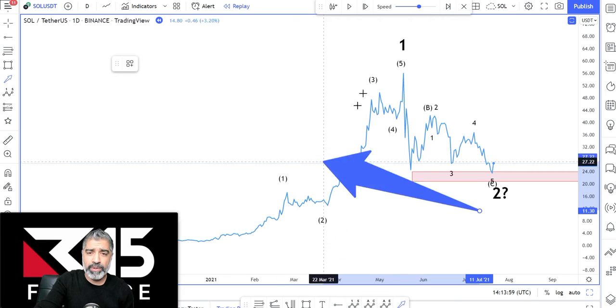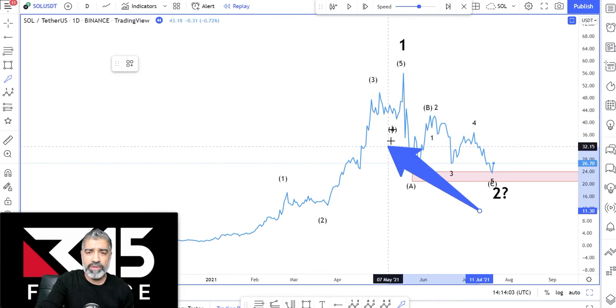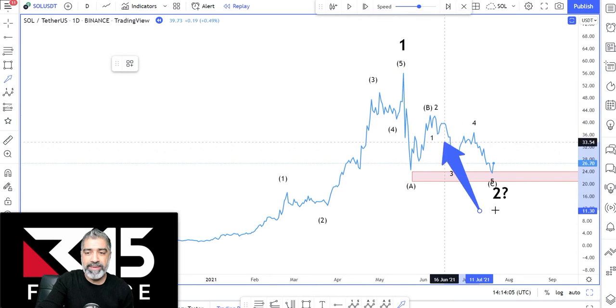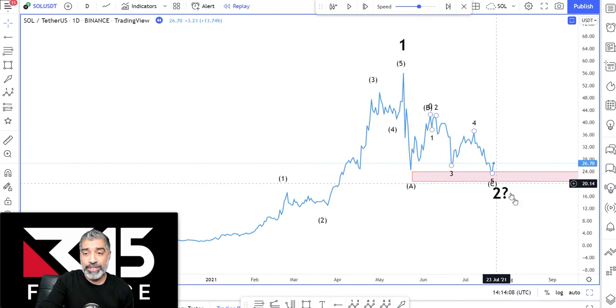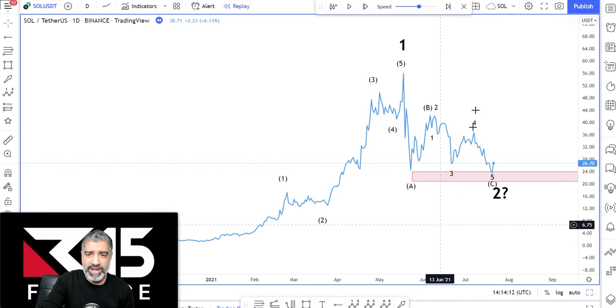First degree of count, we got a wave 1 and a wave 2. That's 1 degree. Second degree is 1, 2, 3, 4, 5 over 1, and ABC over 2. That is 2 degrees of wave counts. And then the third degree is really focused on this wave C over here,